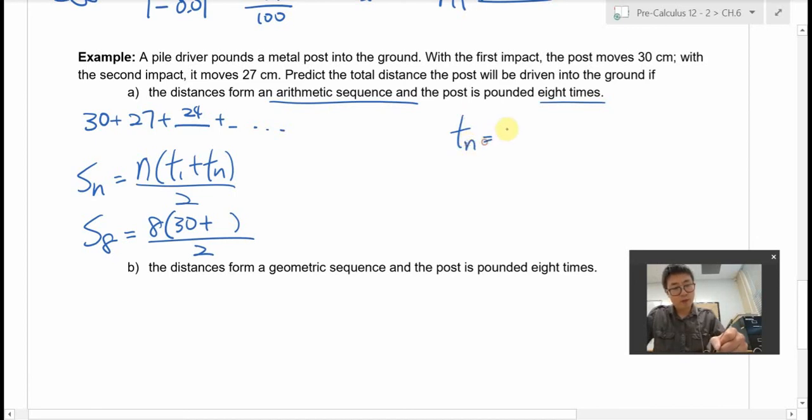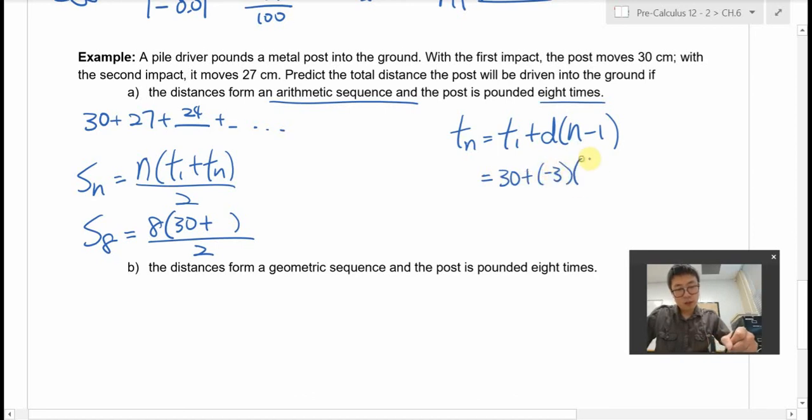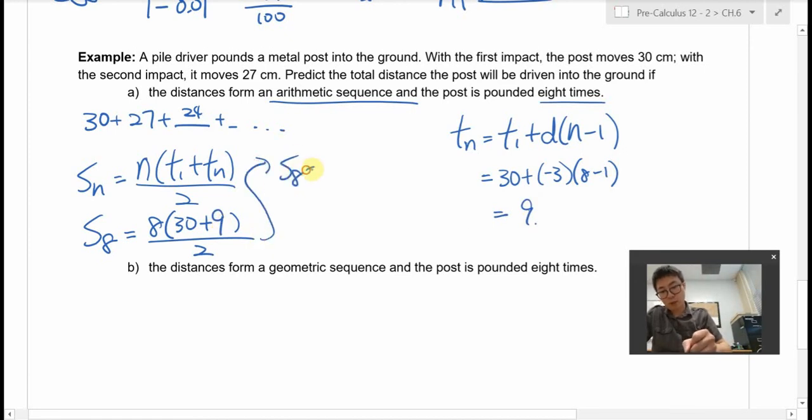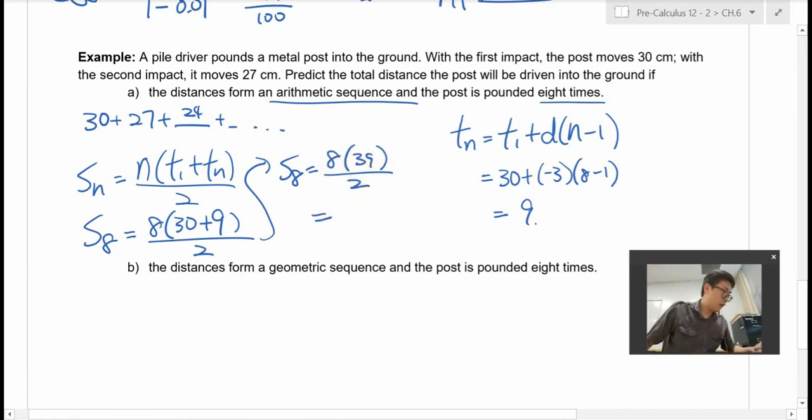I do remember the Tn formula. That was T1 plus d times n minus 1. T1 is 30, the common difference is negative 3, and n is 8 minus 1. If you put this into a calculator, this is 9. So now we can put 9 in here, and we find the sum of 8 terms to be 8 times 39 divided by 2. So that's 4 times 39, which is 156